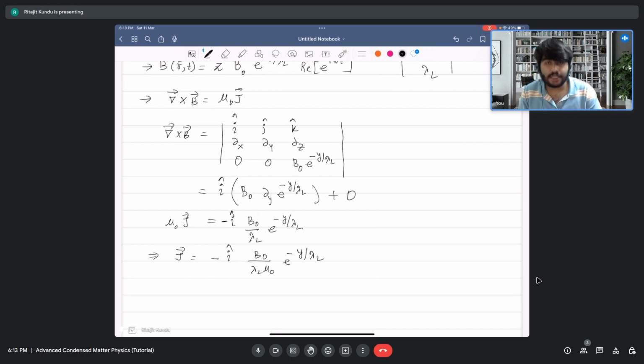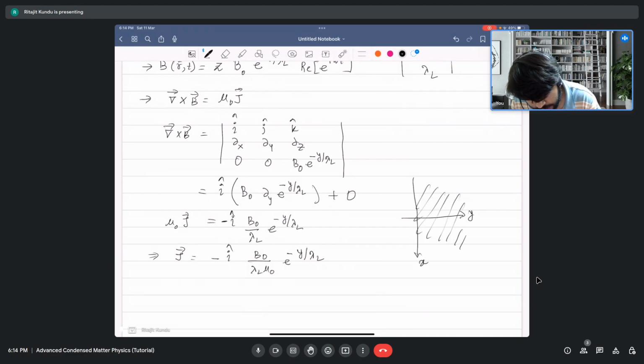So let's try to visualize the current. As I have shown you, this is the y direction, this is the x direction, and the superconductor is given in y greater than 0. My magnetic field is in the z direction. So this tells me that the current is flowing in the minus x direction. For me, the minus x direction will be in this way. So current flows in that particular direction,